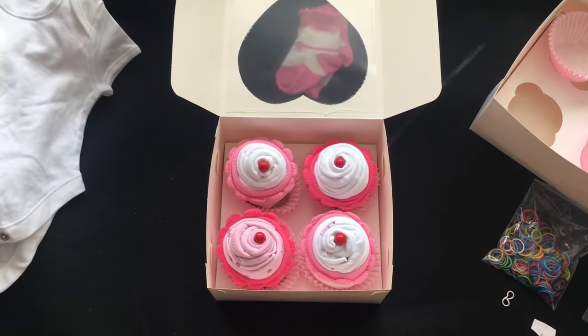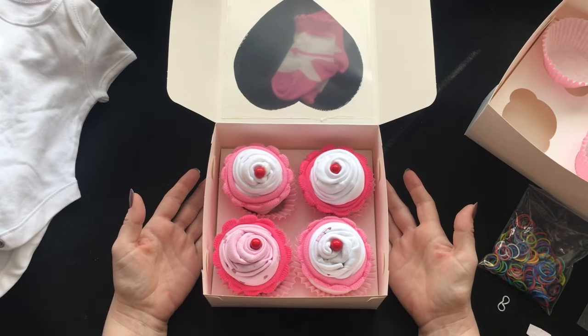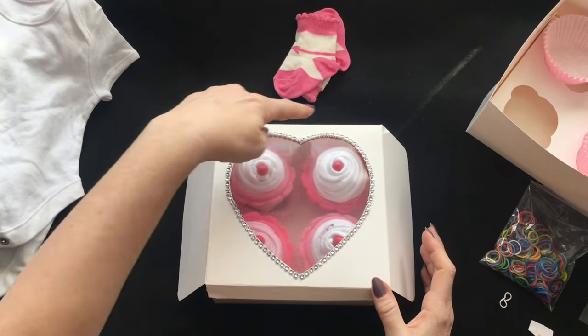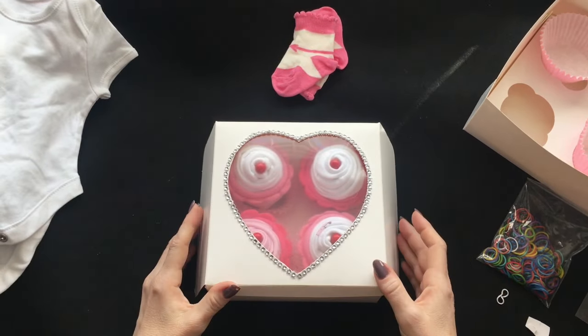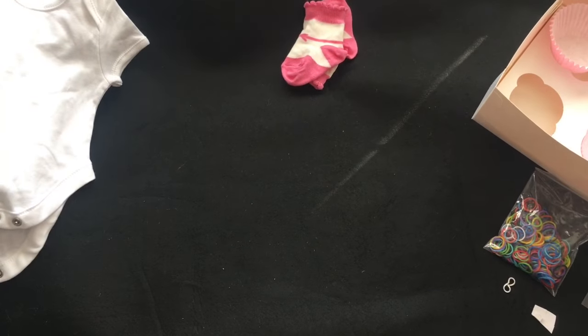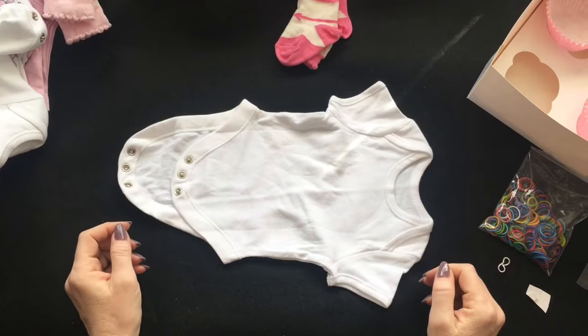How to make my baby clothing cupcakes. This is what we're aiming for at the end. I've just got a normal cupcake box. With mine, what I've done is actually cut a heart and decorated it up, but obviously you don't need to do that with yours. So in order to make the cupcakes, what we're going to need is one baby vest